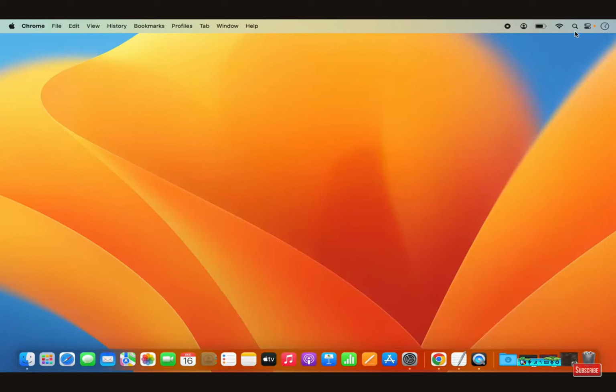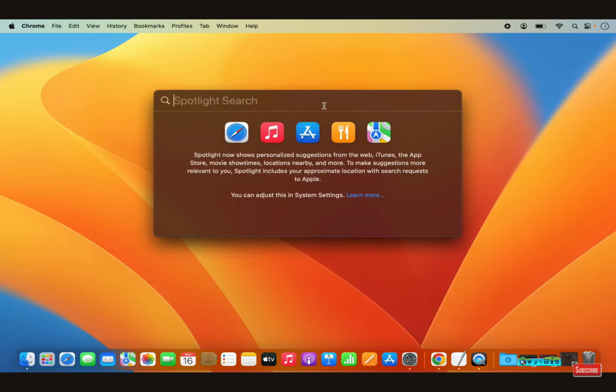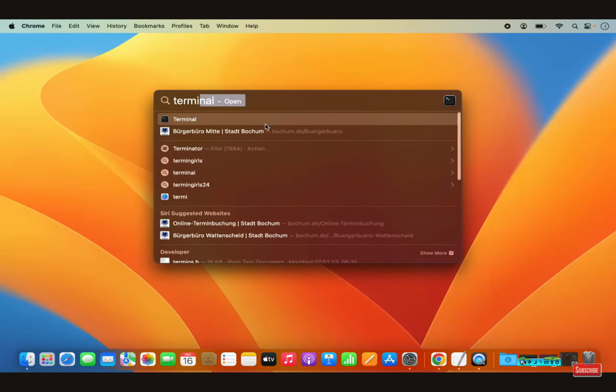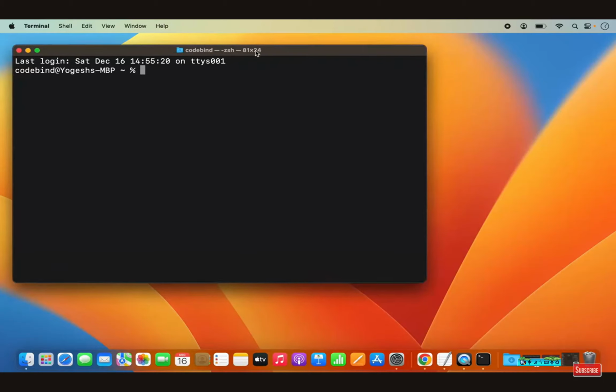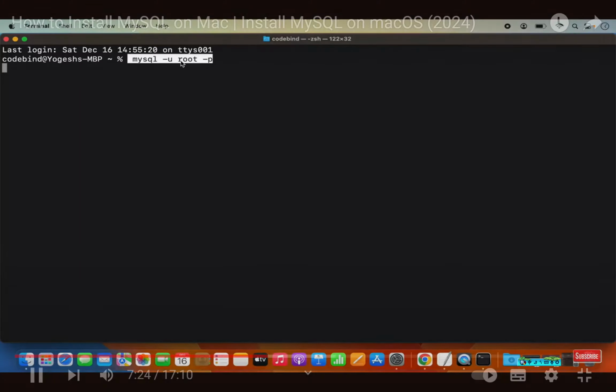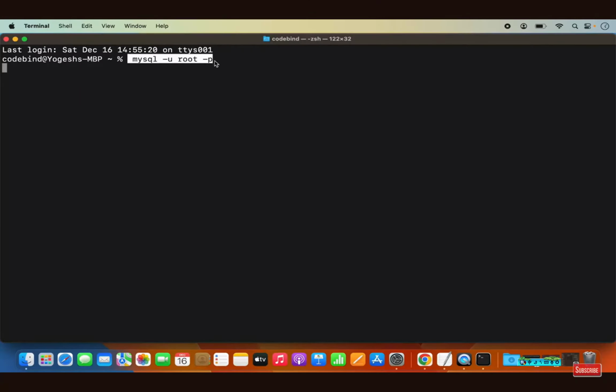Now once everything is working fine, we can minimize this window, and now let's try to connect to our MySQL server using the command line. So just click on this spotlight here and then just type terminal, and then open the terminal and just write this command there. Which is mysql space -u space root space -p, and then press enter, and most probably